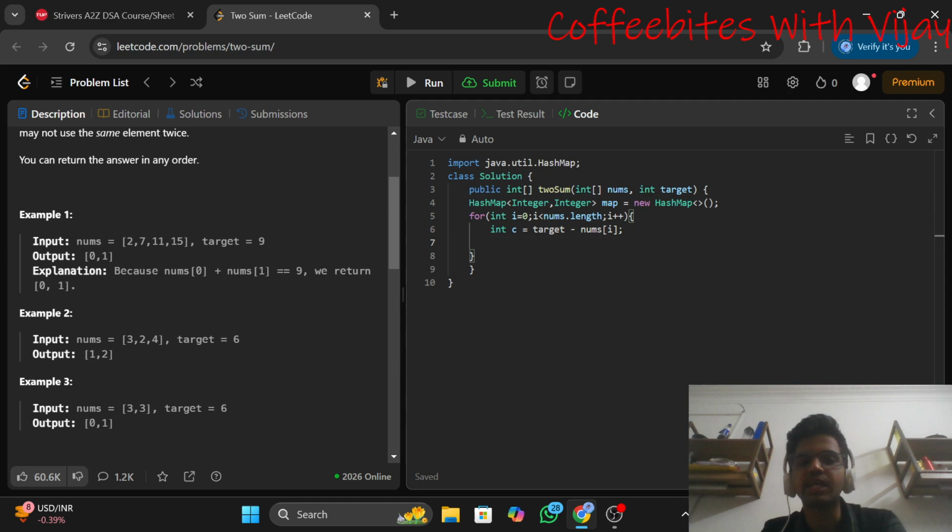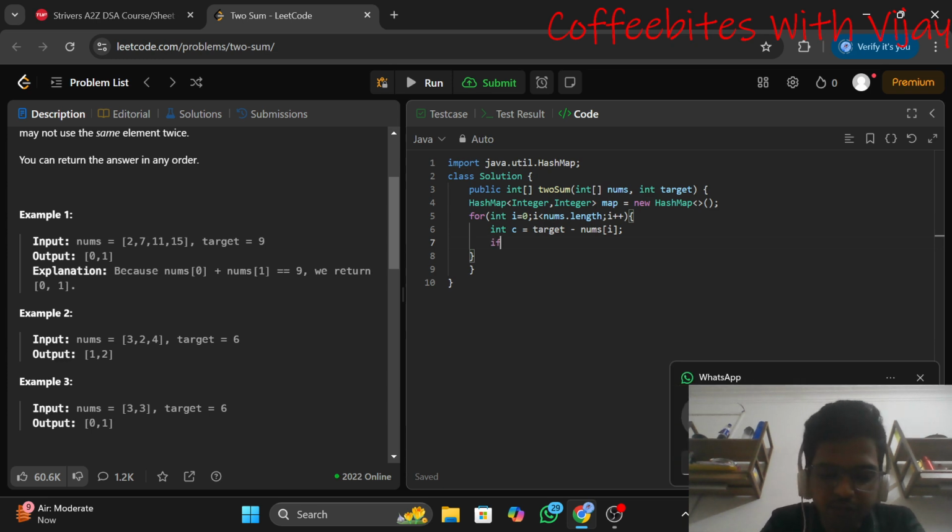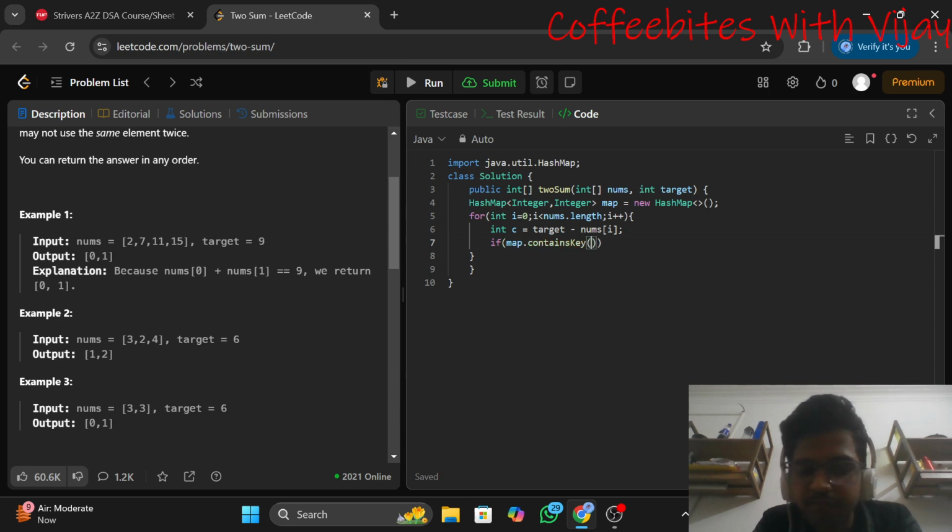In order to do that, I will use the map dot containsKey method to check whether that key is present in the hash map. So for that, I'll use if map dot containsKey of c.